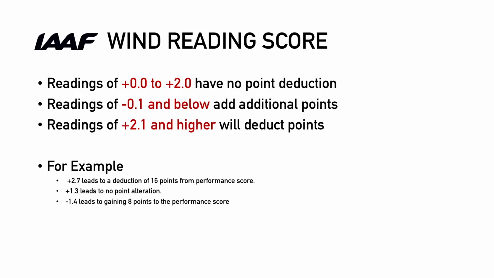1.3, as I've said, leads to no point deduction, and a minus 1.4 wind leads to you gaining 8 points on top of your performance score. So the third component of a performance score is probably the most complicated, and it's the category of competition and